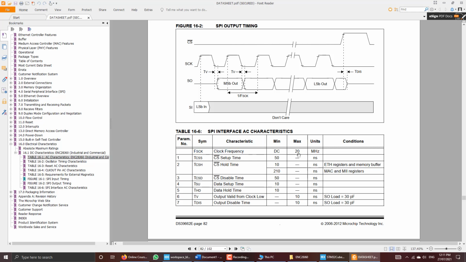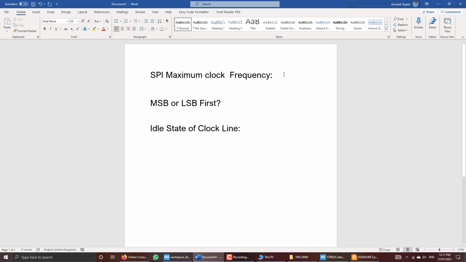The maximum value is 20 megahertz, so our SPI port's clock frequency should be less than 20 megahertz. So we will note down this information: 20 megahertz.